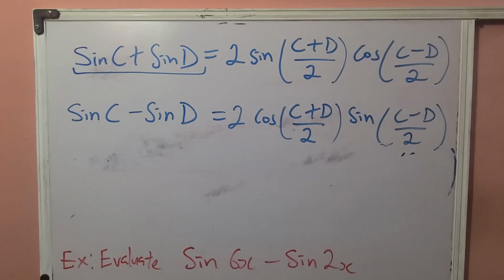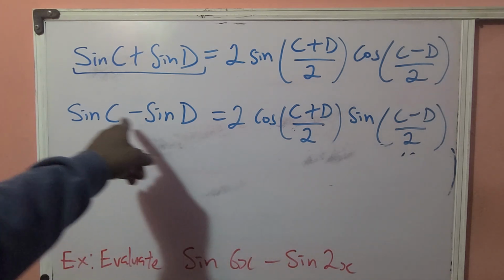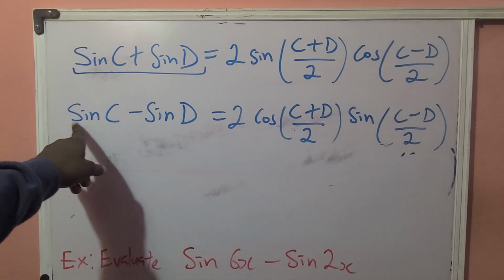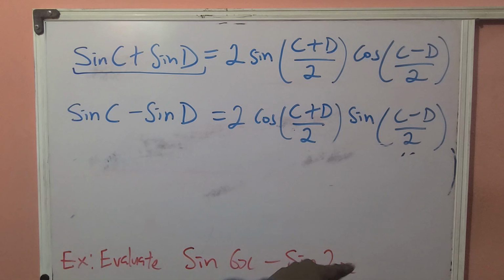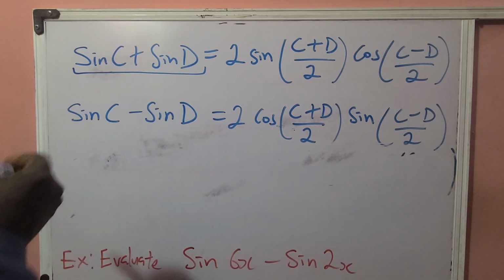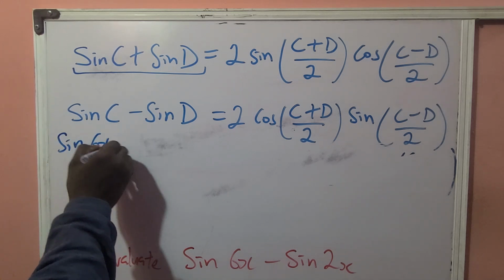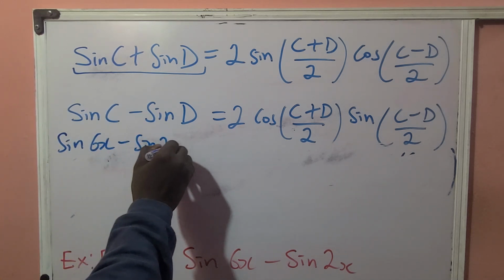What if you're given a question of this form where you're told to find the sine of an angle 6x minus the sine of 2x? Well, in this case, you have to go and check the identities and look for the one that matches this particular scenario. We can see that this identity of sine C minus sine D, that's the sine of an angle, C here representing any angle and D here representing a different angle. So this matches up with this identity. So all we have to do is to go on to say that sine 6x minus sine 2x will be